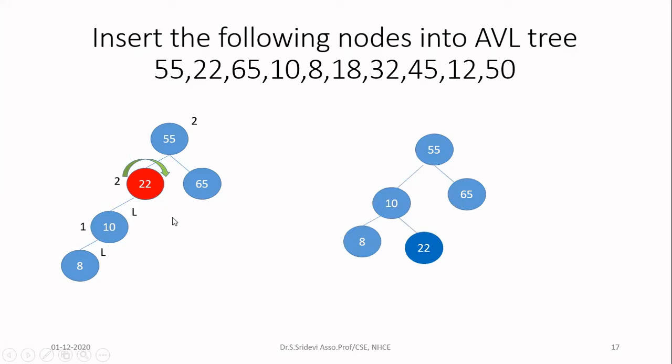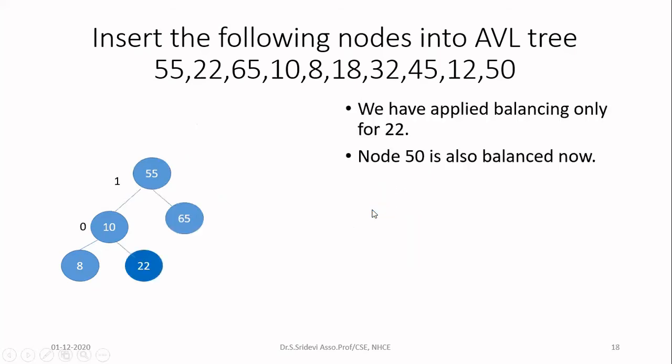I'm going to pull the thread down. When I pull the thread down, 22 will come down like this. At the same time, 10 and 8 will move up. So you have now 10 here, 8 here, and 22 is coming down. Now this is the new tree after the rotation is over. We have performed one rotation, so you can stop now. After that, the tree will be automatically balanced. Now let us check the balance factor for this.